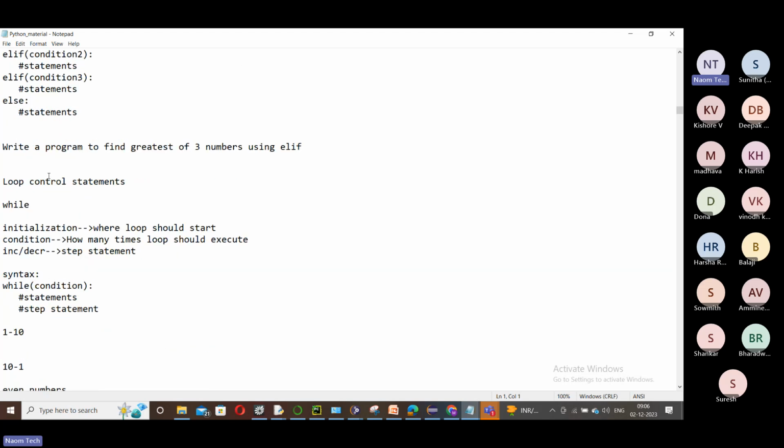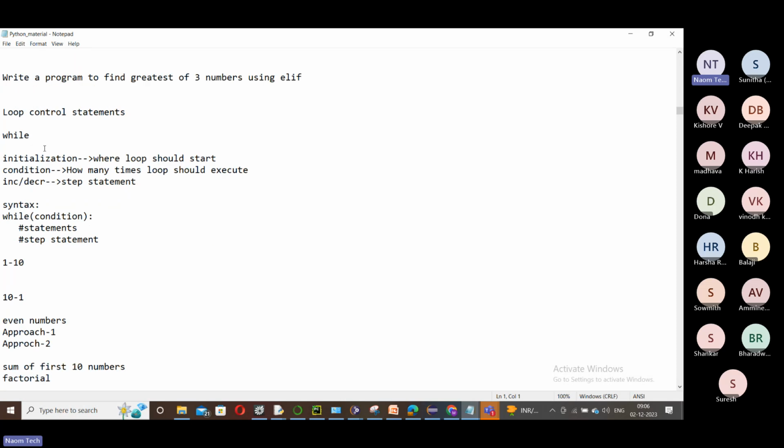So we'll start with loop control statements today. This is one of the most commonly used things in Python. What is a loop? A loop performs a repetitive task. Decision making statements like if, else or elif can check a condition only one time.